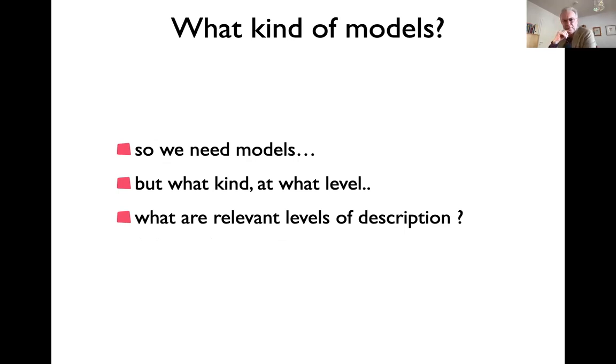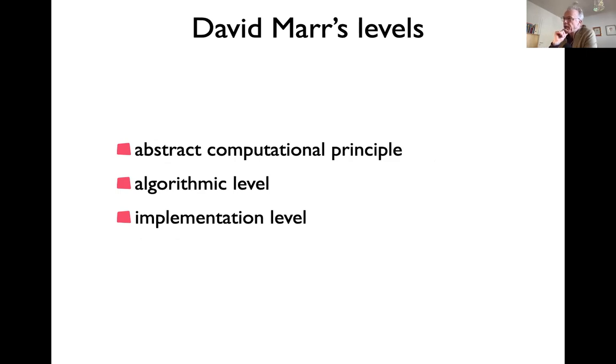Now, what kind of models, right? That's really the other question. There are many levels of description that you could think of for the nervous system, from individual neurons to the diffusion model, a very abstract kind of description. So it's a tradition in this field to talk about levels that David Marr kind of canonized. He worked on computer vision, but inspired by visual properties of the nervous system, by human visual psychophysics. And he proposed these three levels, and it's very influential.